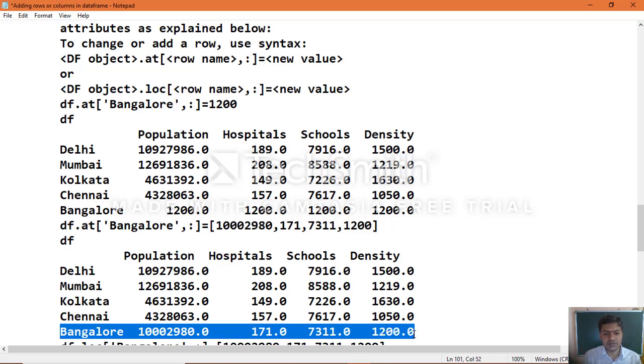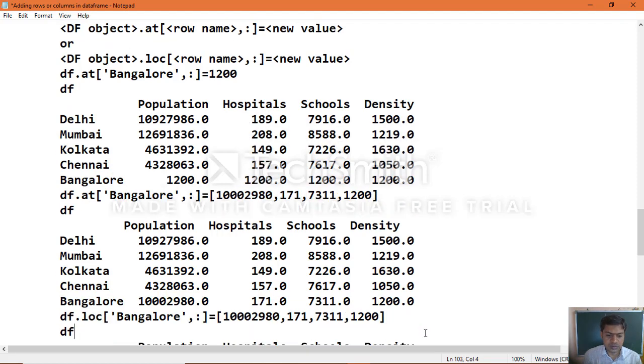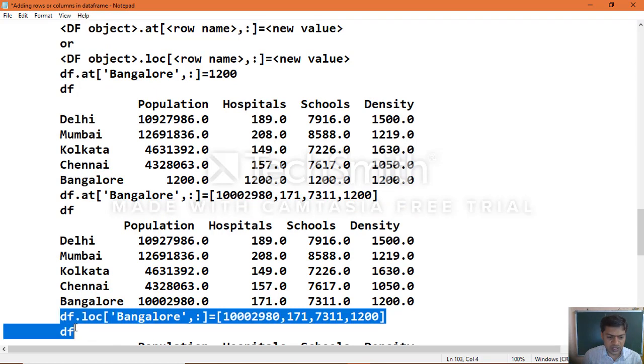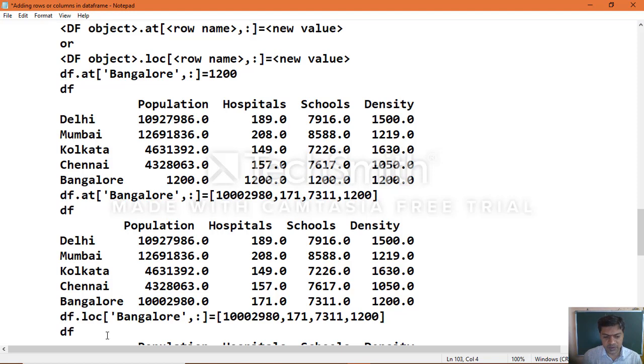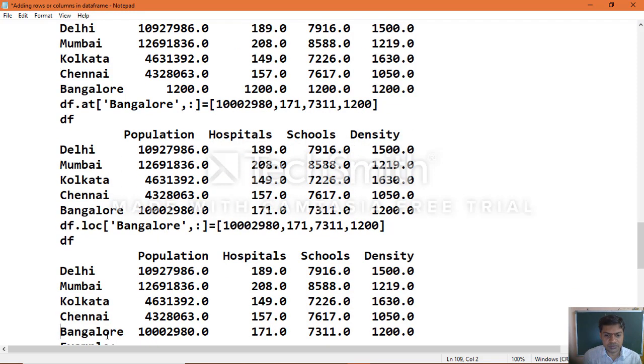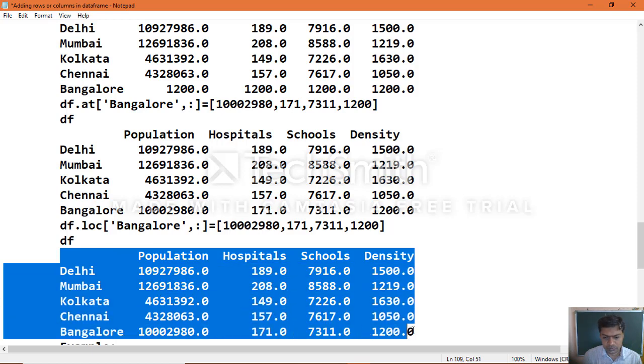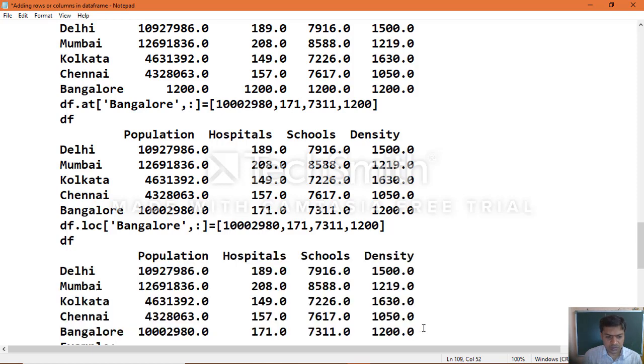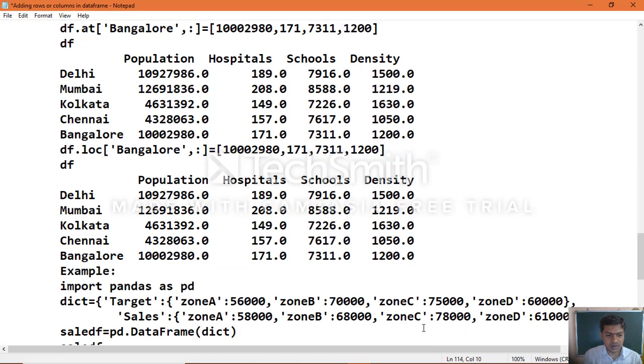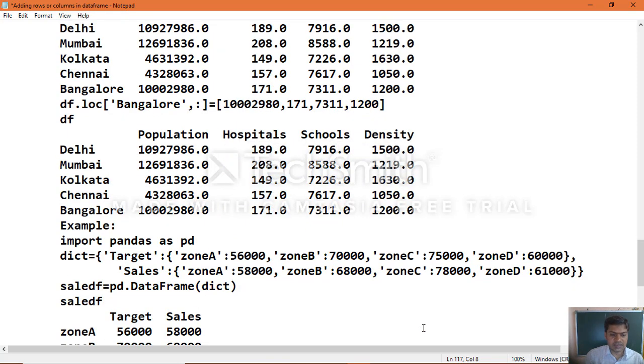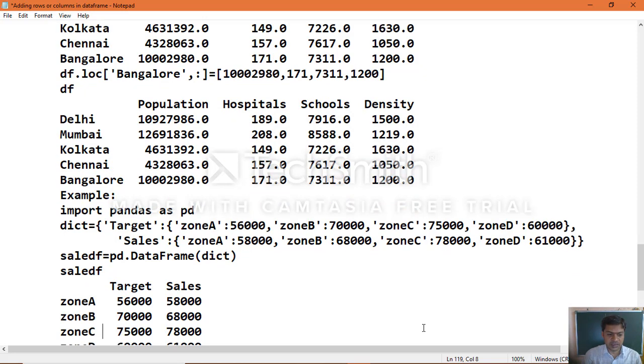So that is how you can add a row to the existing data frame object or modify the data. In the same way, by using the loc attribute of the object, you will get the output. Now another example which you can take is a sales and target example,